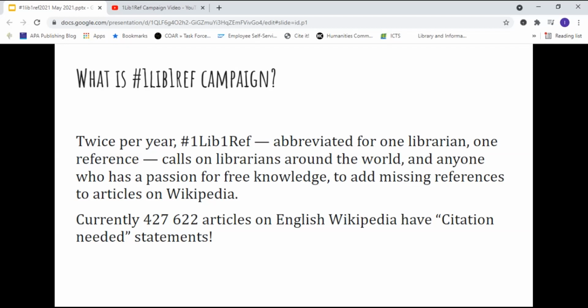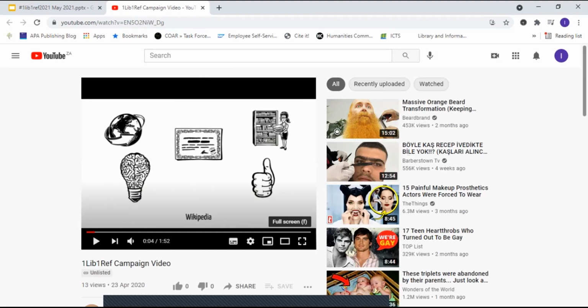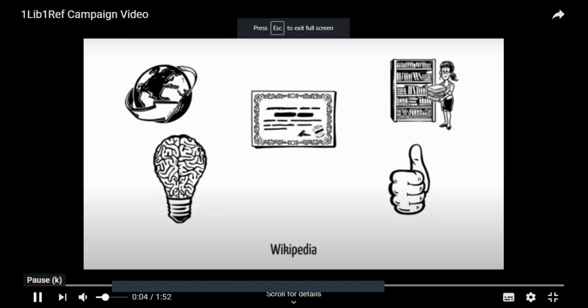This is one of the most heavily used websites in the world. In fact, if you do a Google search on something, guess which entry comes up top or close to the top. So people use this all the time. It is a kind of one-stop shop for information, but actually it's a starting point for information. Let me play the campaign video, which I'm going to, hopefully you can.